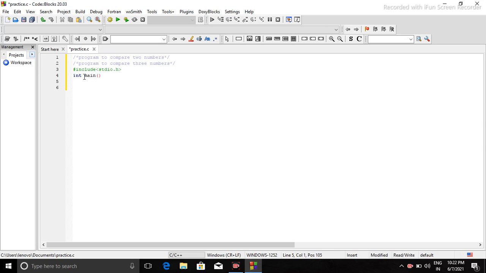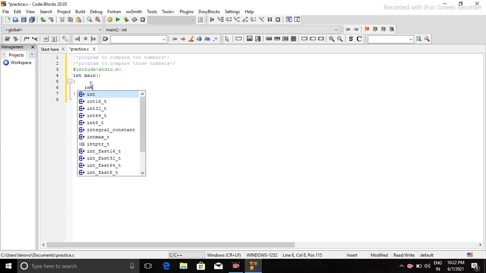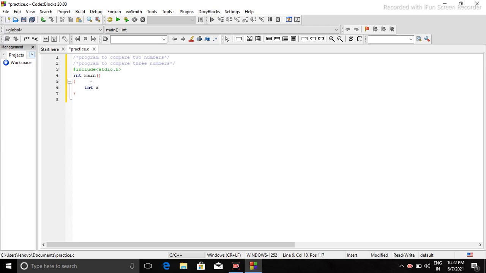So after it I have to compare two numbers. That means I first have to create two variables, a and b, let's say, and I will instruct my user to enter two numbers.